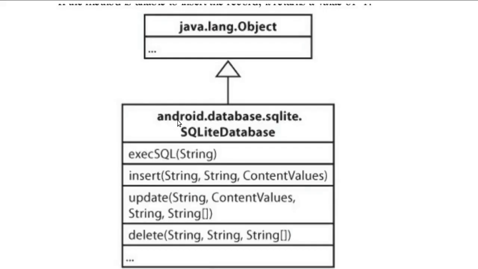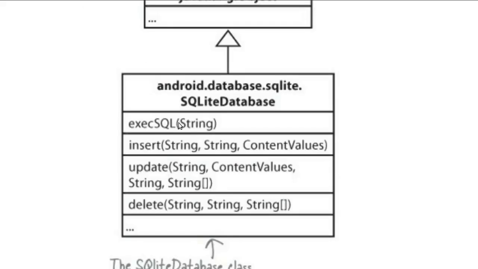Then understand the SQLiteDatabase. The third class is the SQLiteDatabase. We have one more class, Cursor, but first understand the SQLiteDatabase class. Here we have execSQL with a string. It means whatever query we have, we use the execSQL method. Similarly we have a method for inserting. Here we have the parameters string and ContentValues. ContentValues means whatever you want to insert in that table, we have to store in the ContentValues. We will see this, let's wait.